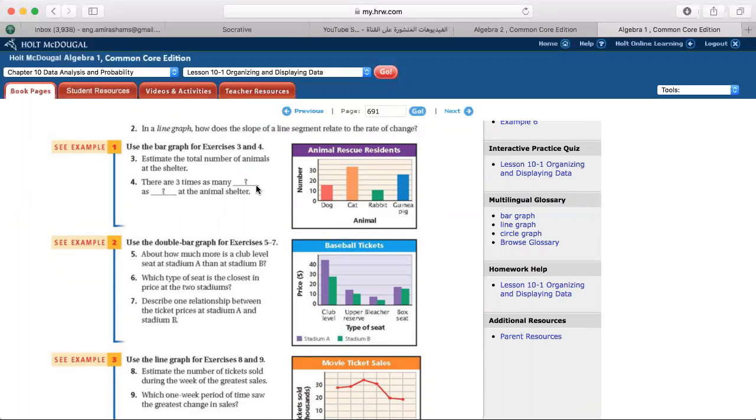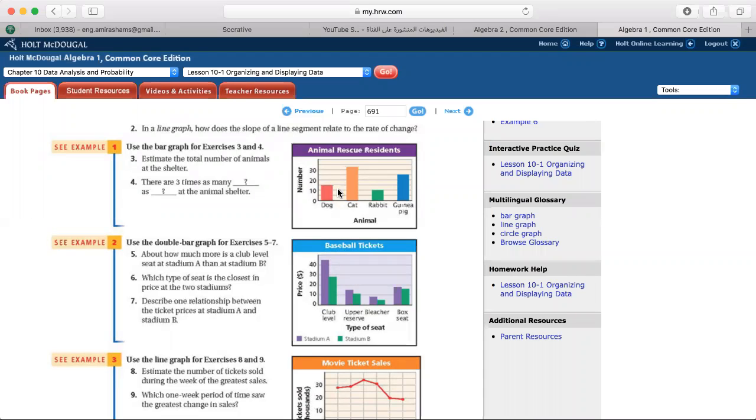lesson. I have here a bar graph. This bar graph is showing me animal rescue residence. I have dog, I have cat, I have rabbit, and I have what? Wenya? Yes, I don't know this one. Okay, so